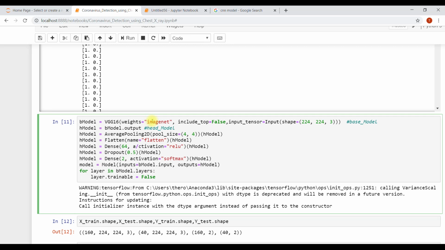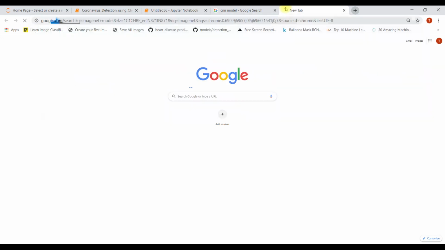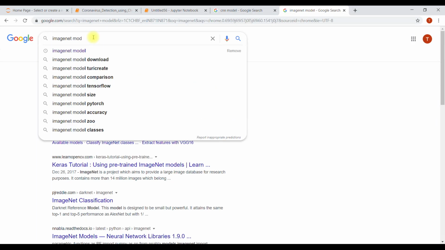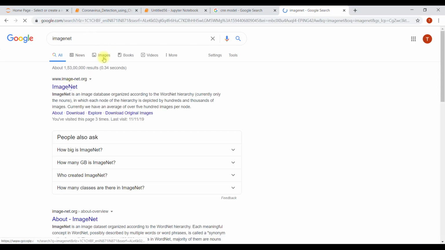What is ImageNet? Now everything important is coming. ImageNet has thousands of images across thousands of classes.